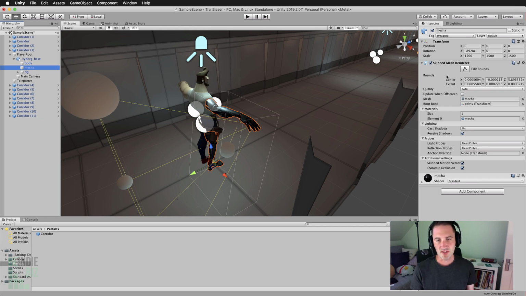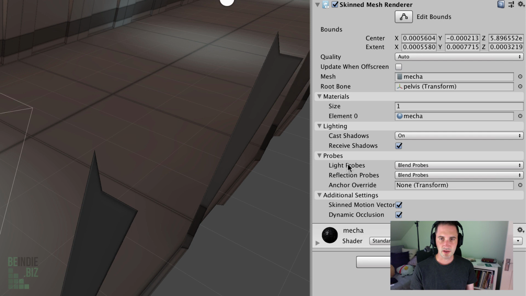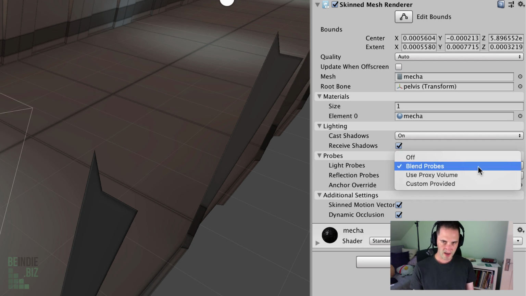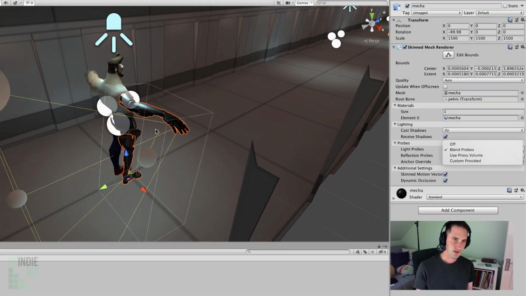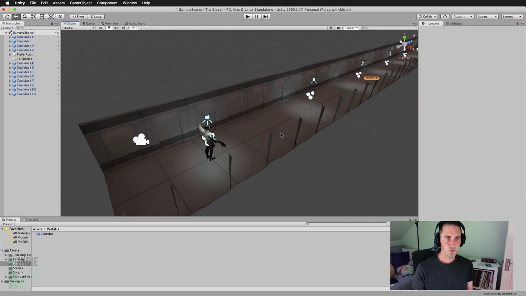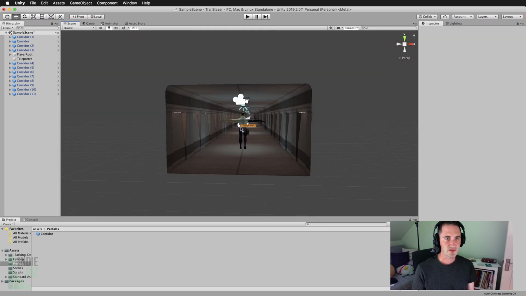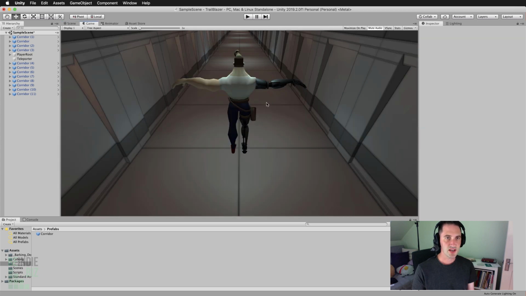affected by light probes. If you select the skin mesh renderer and you move down to the probe section, and for light probes, you want to make sure that this value is set to blend probes. That will take into account the light probe groups here inside the scene. Perfect. That's looking pretty good. We now have the player character being affected by light probes inside the scene. I can switch to the game tab to see the effect that has now taken, and that is looking much,